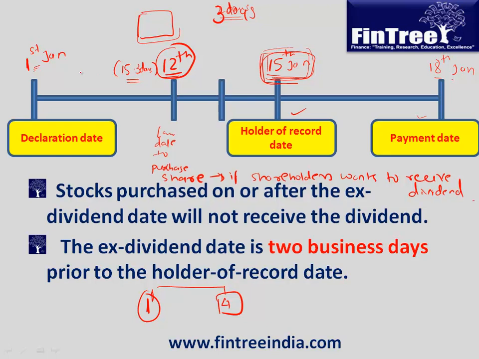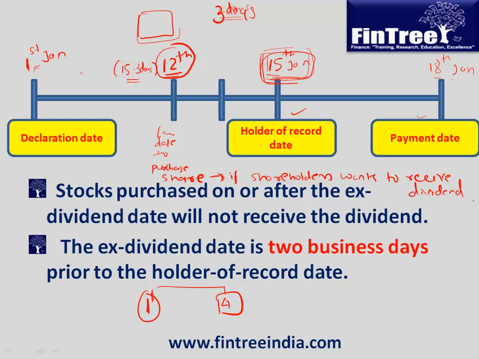So it is 15th minus 3 days. Why? Because the settlement cycle is of 3 days. And if you buy a share and you also have a right to receive dividend, it is called cum dividend. So you can also write down that 12th, in this example, of course, please don't remember the dates, 12th is the last date